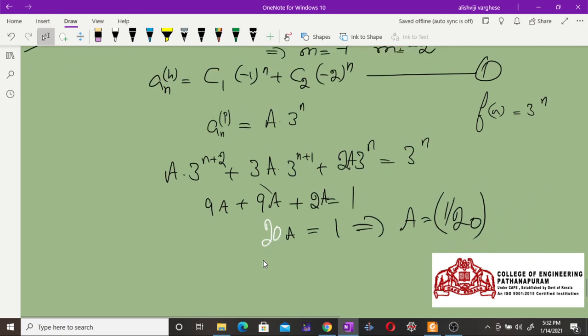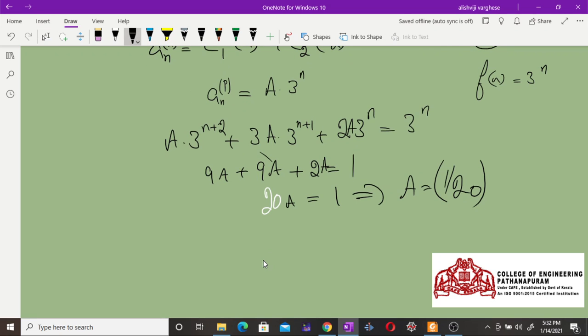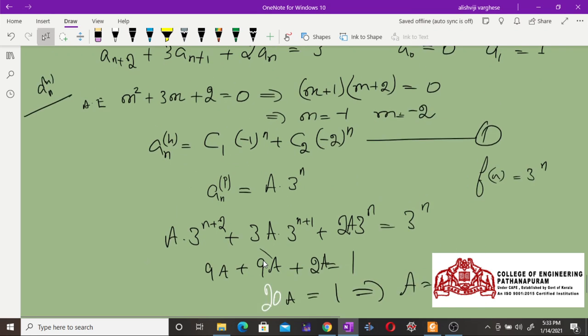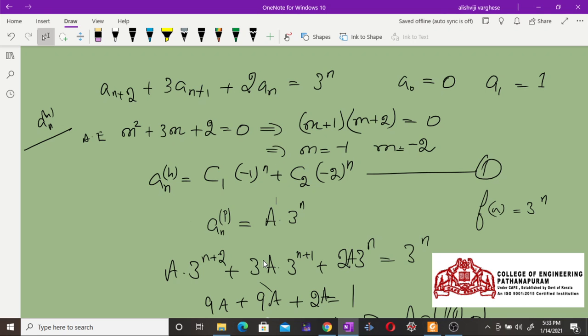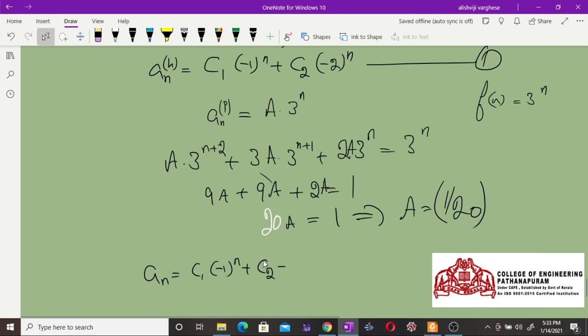So by substituting in the solution, the solution a_n is equal to the particular solution, that is c1 into minus 1 raised to n plus c2 into minus 2 to the power n. The roots are minus 1 and minus 2. Plus the particular solution 1 by 20 into 3 to the power n. Here a is equal to 1 by 20. Substituting here, the particular solution is 1 by 20 into 3 raised to n. So this is our